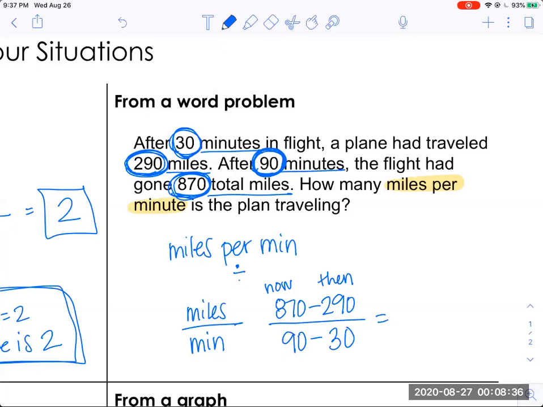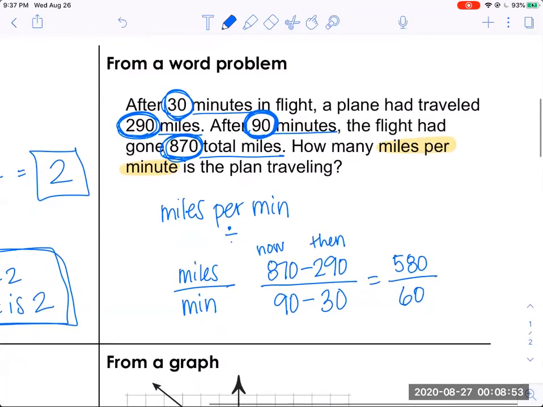So then I'm going to go ahead and use my calculator, and I'm going to say, okay, I have 870 minus 290, it gives me 580, and I have 90 minus 30 gives me 60. I know that this can simplify because they both end in 0, so I can divide by 10. So I have 58 over 6,